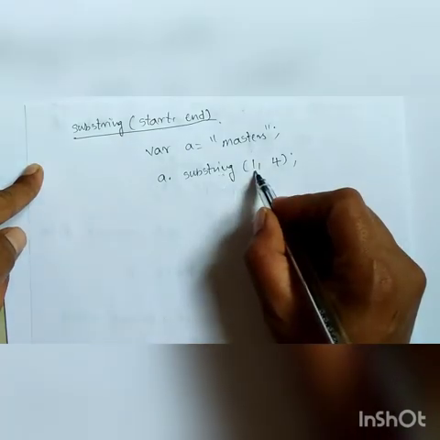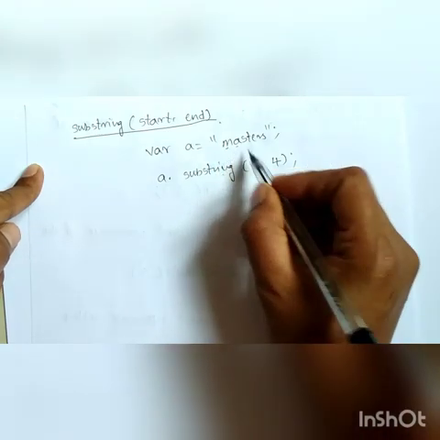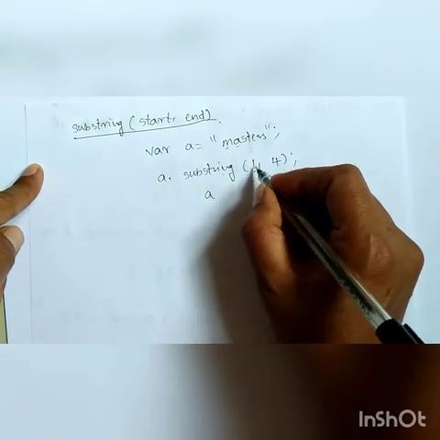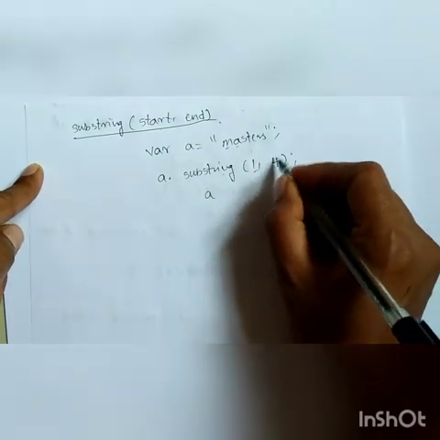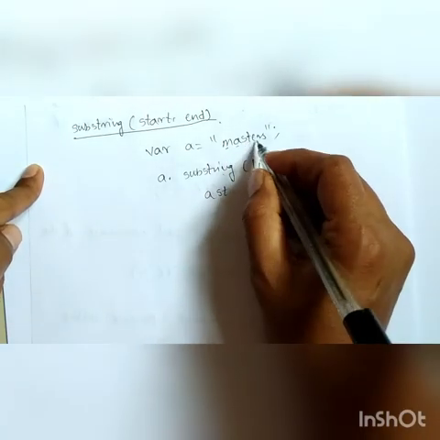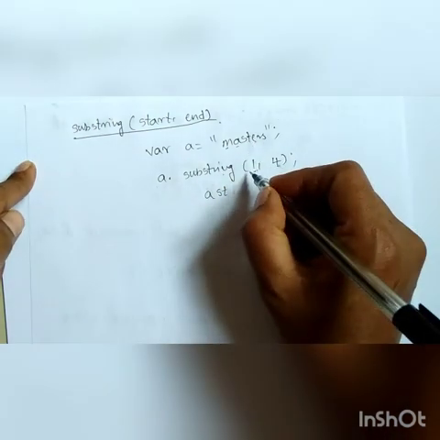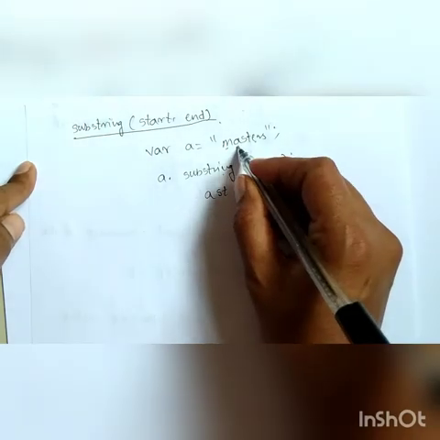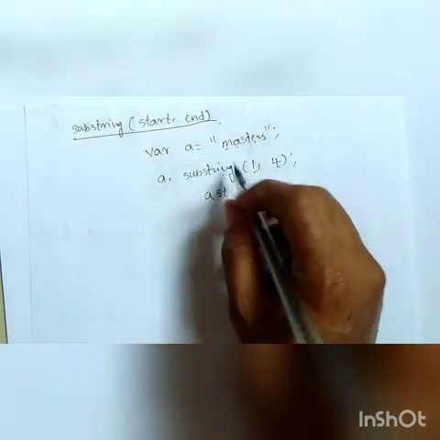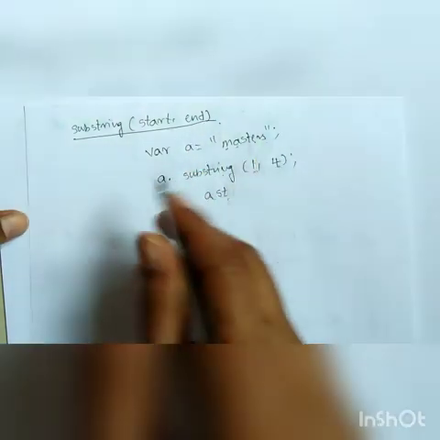This substring starts from the first position character. The first position is what? This is 0, this is 1. So at position one, what is the character? A. And the substring goes from position one to position three, not including 4. The meaning is: 1, 2, 3, A, S, T. E is the fourth position, but not including 4. So it returns a substring from the first character to the third character: A, S, T. So this is substring. It returns a substring from start to end of the characters, but not including the end.